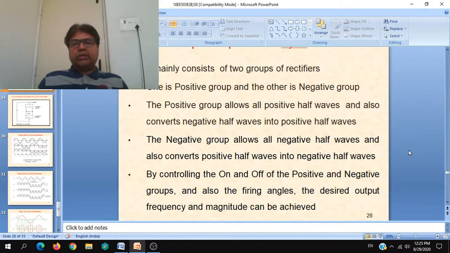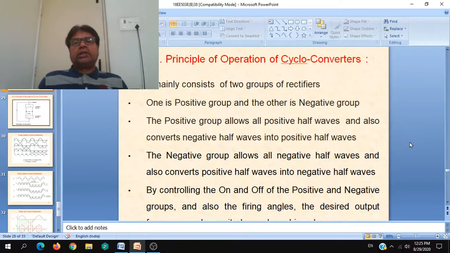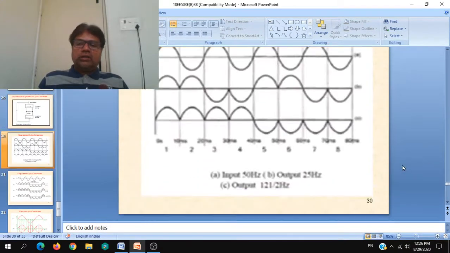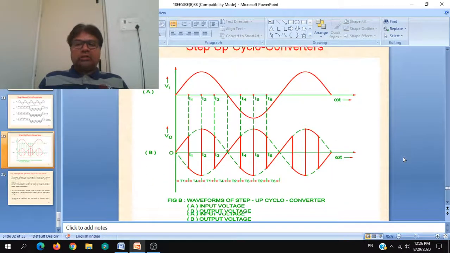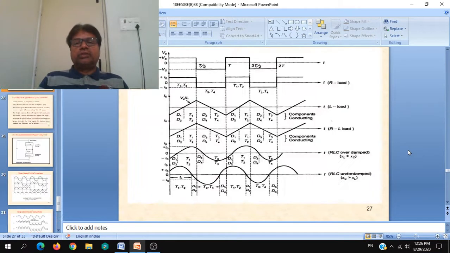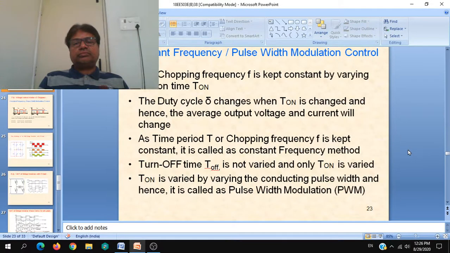In 90% of cases, cycloconverters will be used to change the frequency only. To control both frequency and magnitude becomes very difficult. So that is how you should explain the principle of operation of cycloconverters, and that is how we can answer all the questions and how we revise the concepts to be followed